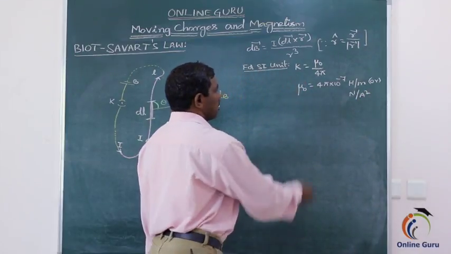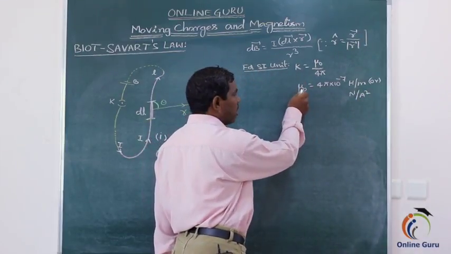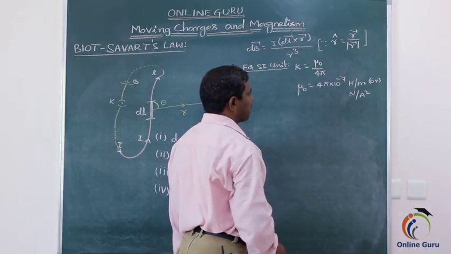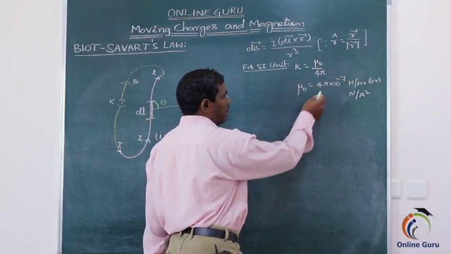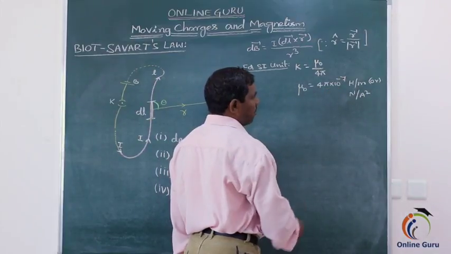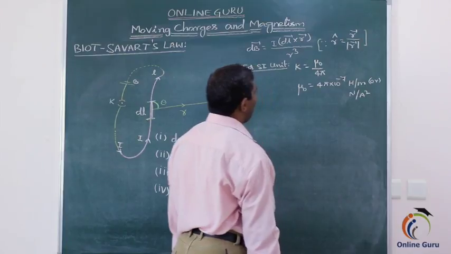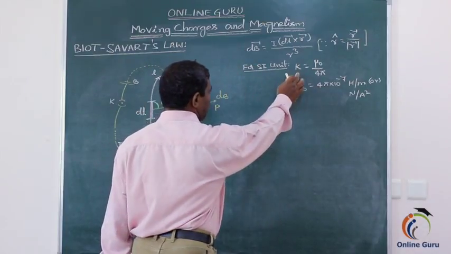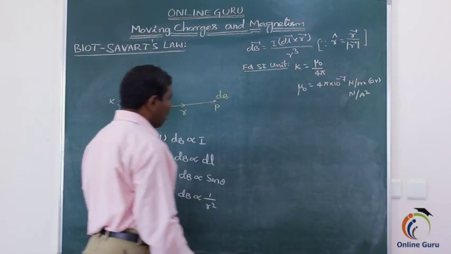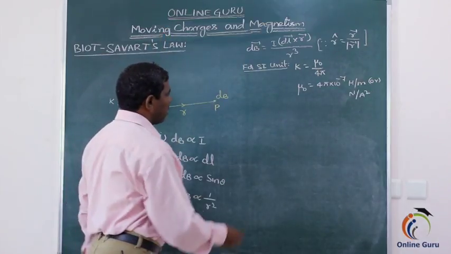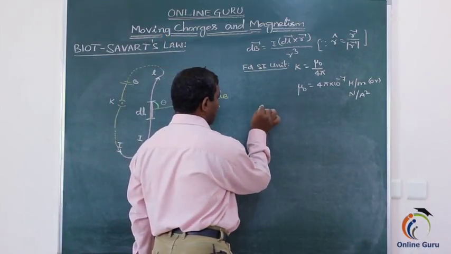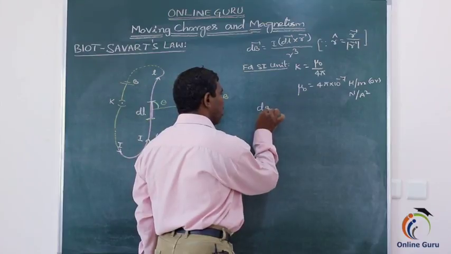So, the value of absolute permeability of free space or air is 4 pi into 10 to the power of minus 7 Henry per meter or Newton per ampere square. Then substitute the value of K into the equation of Biot-Savart's law, that is dB is equal